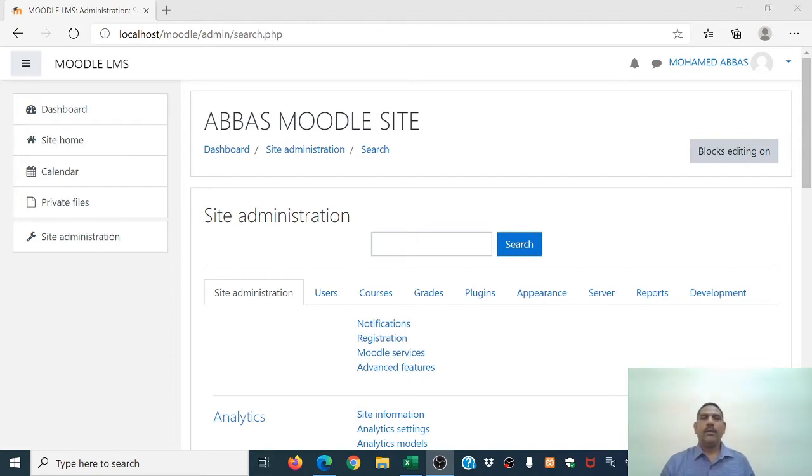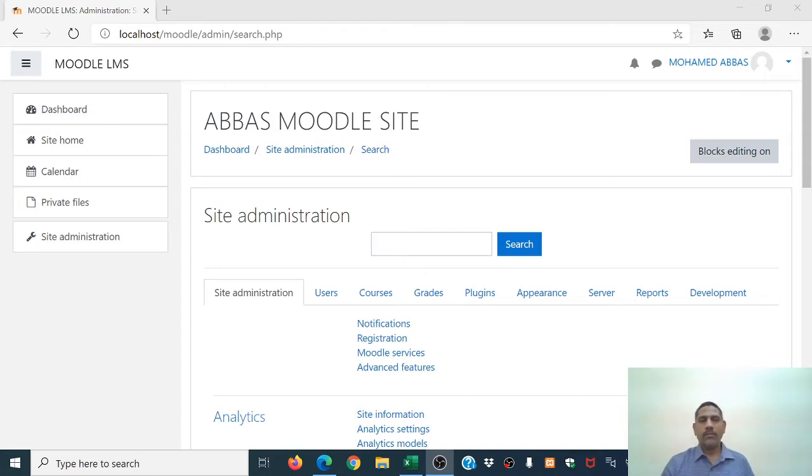But imagine you want to upload 100 users or 1000 users or 2000 users. One by one entry will take a lot of time and it is a time-consuming process. So there is one simple procedure to upload bulk users into Moodle with the use of a CSV file, right? We just need the data in CSV format. Just attach the CSV file and all your users will be created in that Moodle LMS.